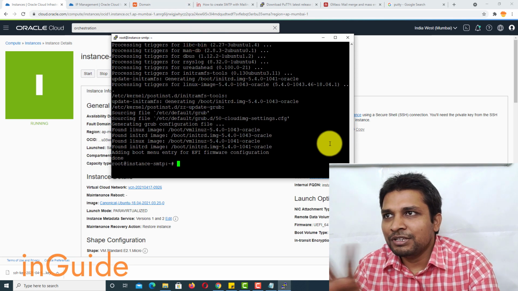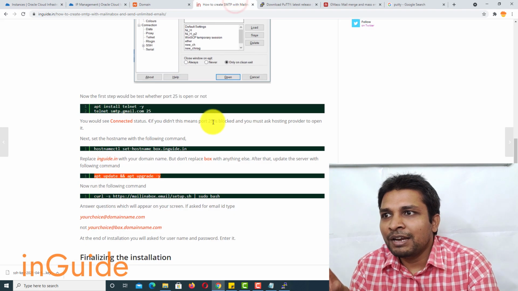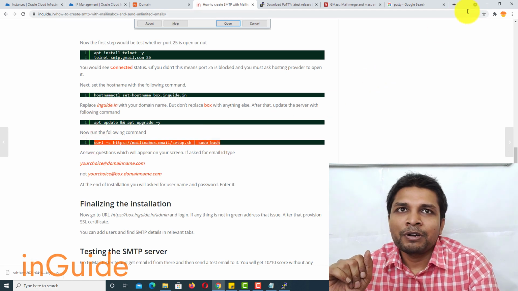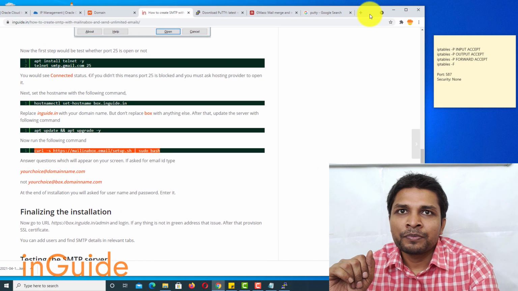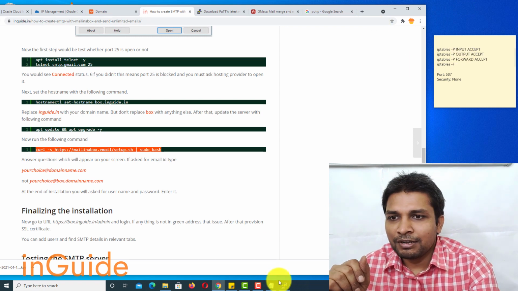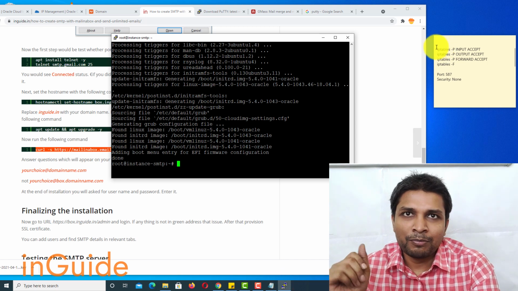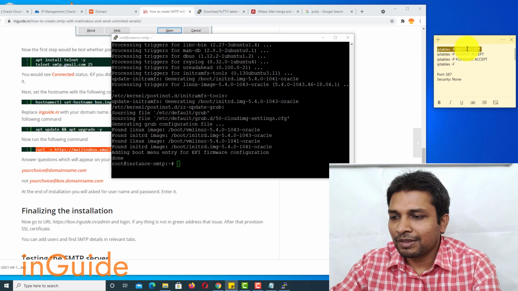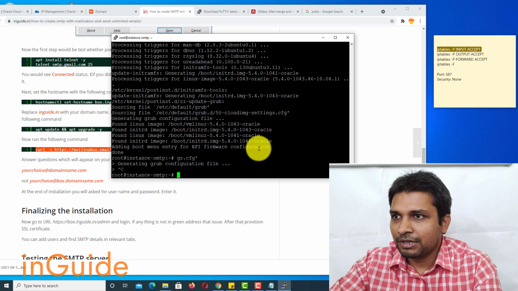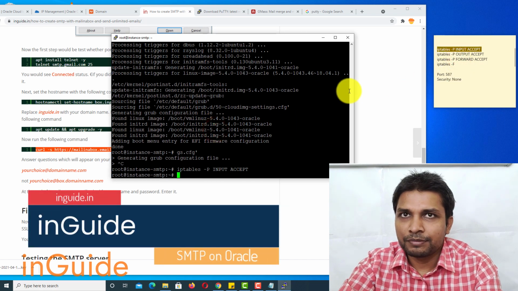Anyway, so now this update part is finished, and I'll go to my guide, and here I have to just run one command to install Mail-in-a-Box. But first I would like to execute some commands, and these are the commands, and I'll put those in the description box as well. So let me copy it. Okay, my mistake. Copy and paste.